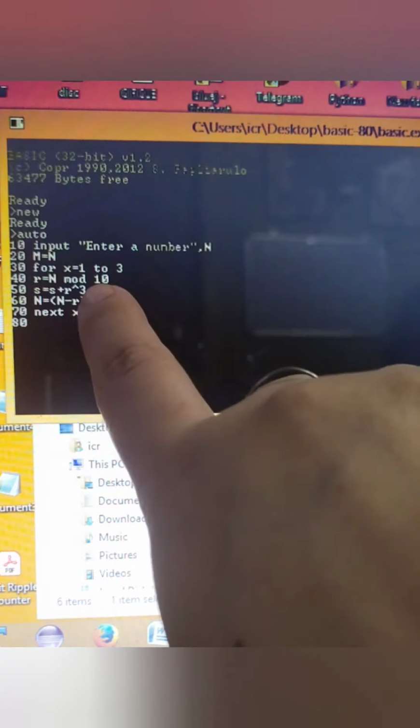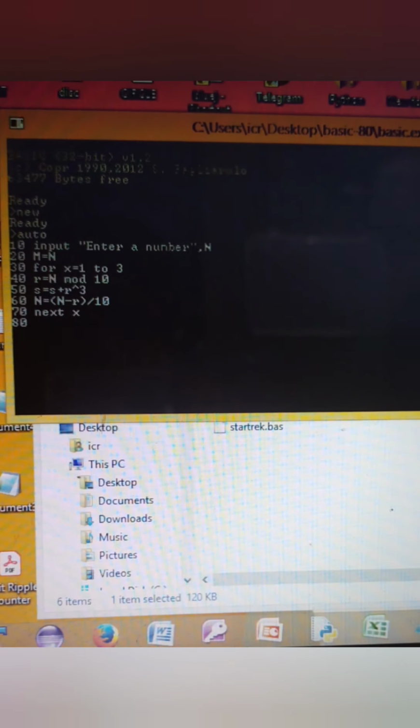Then again r is equal to n mod 10. So 15 divided by 10: 10 ones are 10 and you get 5 as a remainder, which will be stored in r. S already had the cube of 3 initially, 27. 27 plus 5 to the power 3, which is 125, will give us 152.